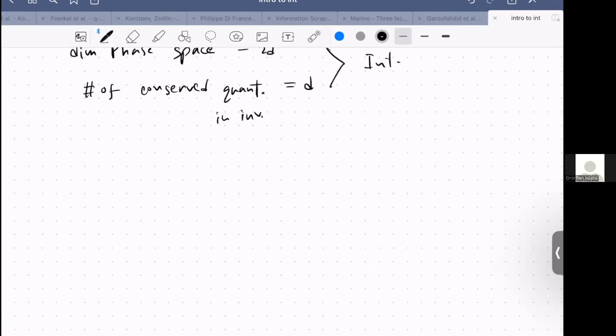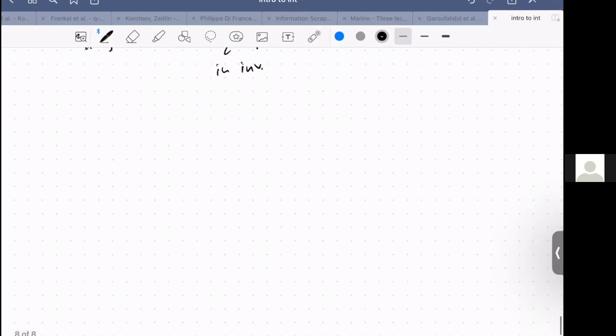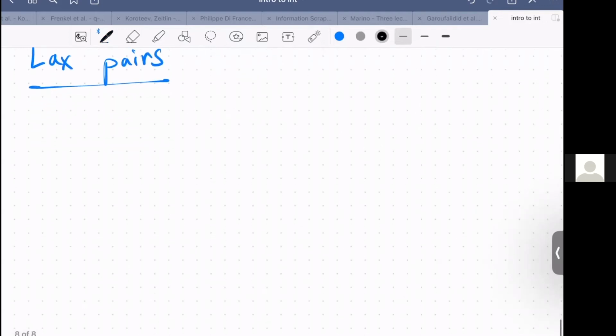Okay. Yeah, so let me try to introduce the tools briefly. And in a future lecture, hopefully I'll be able to use them to do some quantum stuff. All right, so the tools go by the name of Lax pairs. Okay, so what are they? Basically,